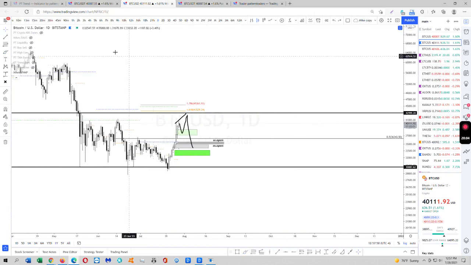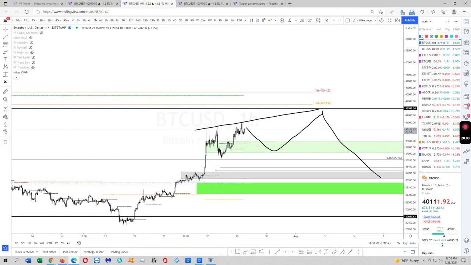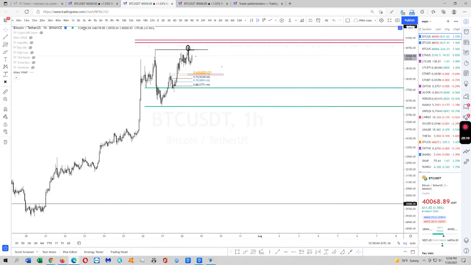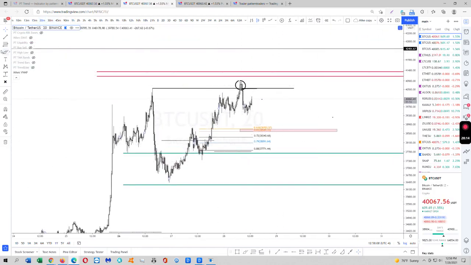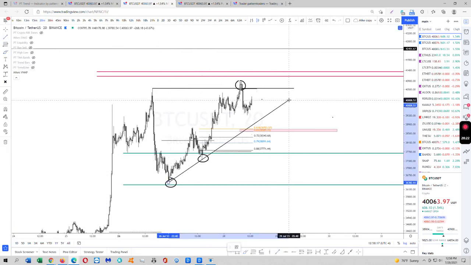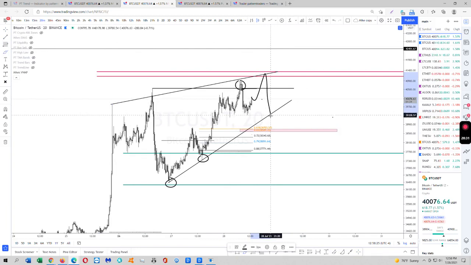And any questions or whatnot, feel free to DM me. You guys have my low time frame, which I'm hoping could play out by today. Still waiting for this. And then most likely we need to see this get taken and this get taken. These 2 wicks. Very important. These 2 wicks have to get taken. We have a nice little trend line here. Right? Beautiful. Right there. So maybe this and then die.